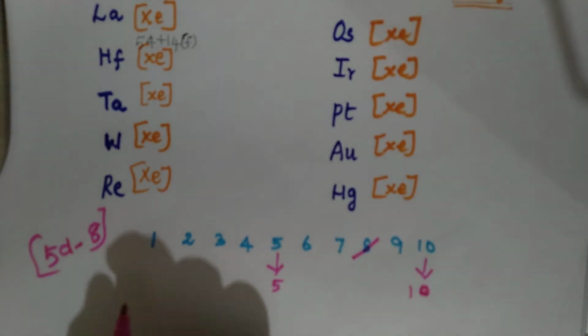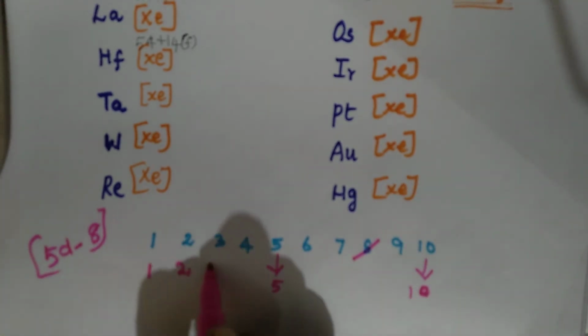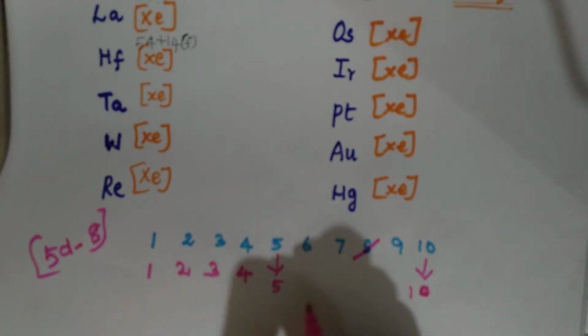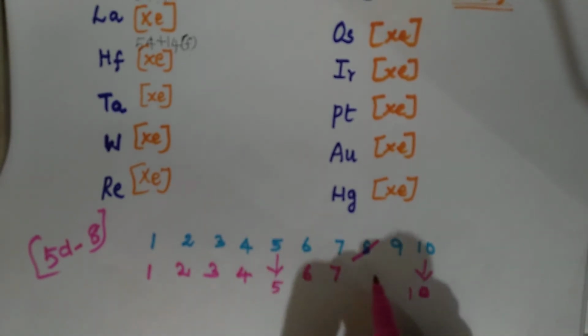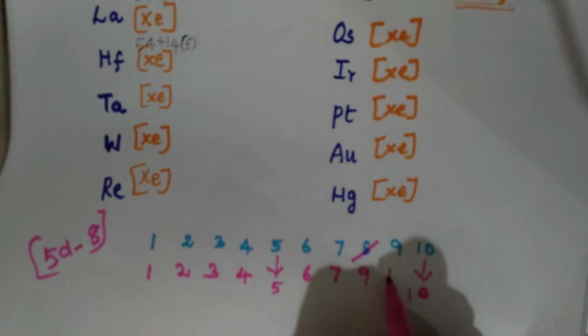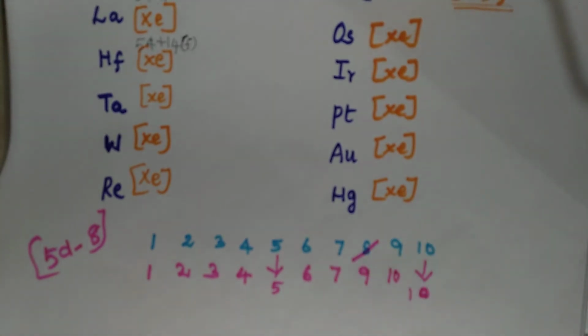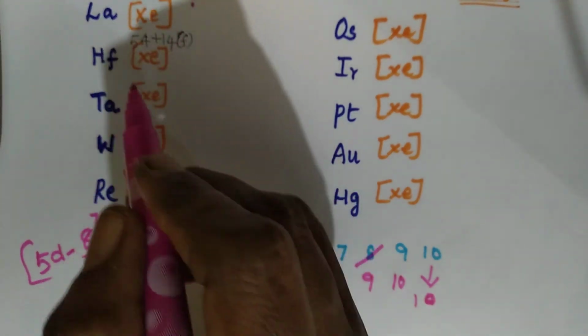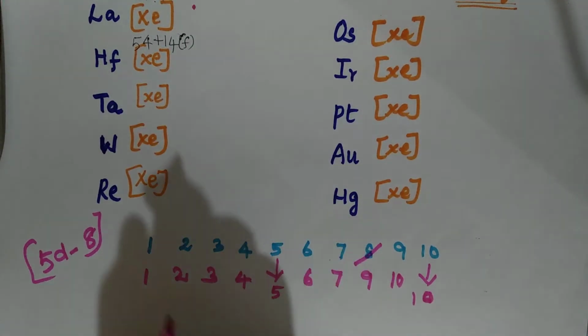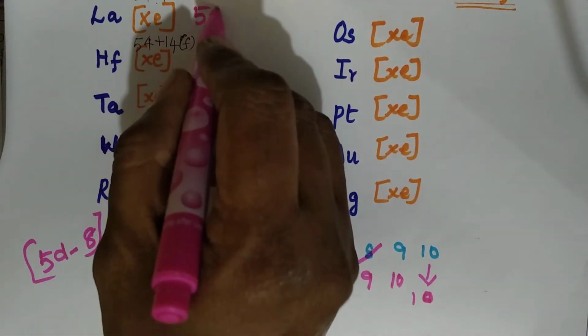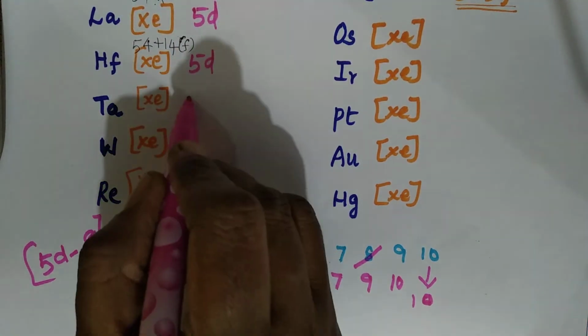Now we start writing the number 1, 2, 3, 4, 5 is already there, 6, 7, no 8, so write 9 and 10. That's all. So shall we enter that number over here? So go with the Xenon. This is going for 5D series. So 5D, I write 5D first. Okay, 5D for all the